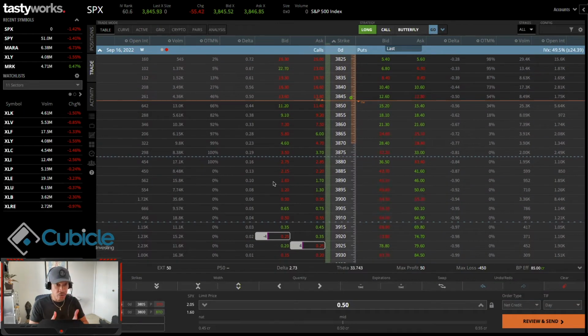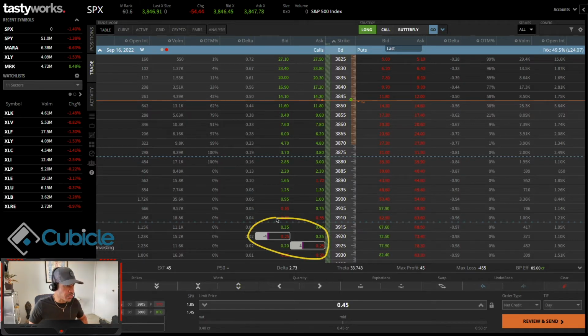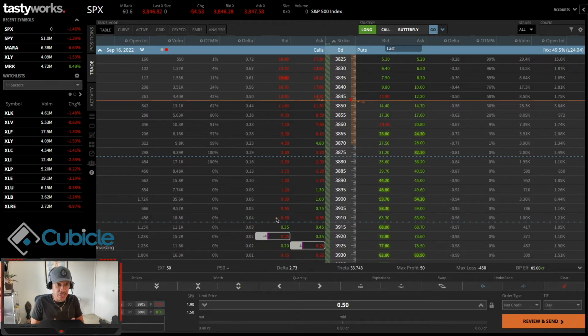Now a call credit spread essentially is a bearish options trading strategy. So what do I mean by bearish? Meaning that the position makes money as the price of the underlying declines in value, right? Hence the term bearish. So the trade that I have on is a call credit spread on the S&P 500,